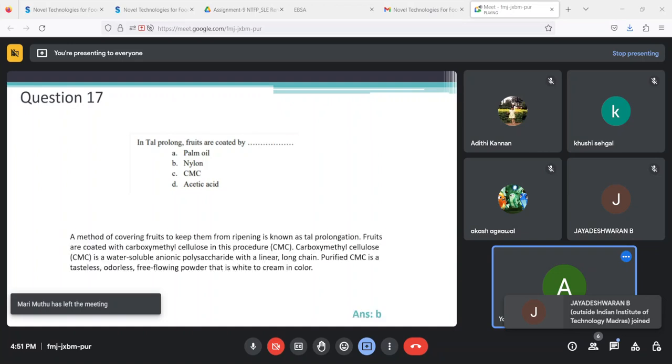So one way of covering fruits to prevent them from ripening is known as tal prolongation. These are often covered with polysaccharides. So in tal prolongation, you cover the fruits with some kind of sugar or polysaccharide. In this case, out of the 4 options, CMC is the polysaccharide, which is carboxymethyl cellulose. So fruits are coated with carboxymethyl cellulose, which is a polysaccharide, and this is a water soluble anionic compound with